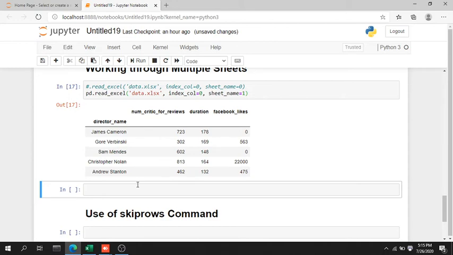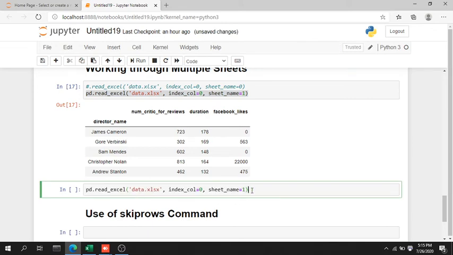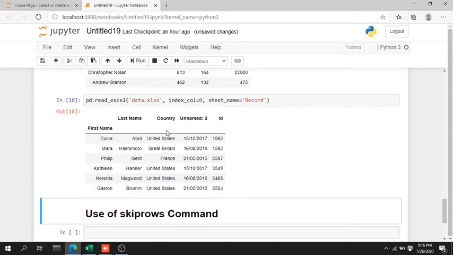Moreover, one important thing which we can do is that we can also find the sheet by using the sheet name. Let me just copy it from here and paste it over here. As I've shown you earlier, our sheet name is basically the record or the movie. So let me find the sheet using the record. Here I've just written it and let me execute, and you can see that it has also found all of the information, all of the data of the sheet using the record name.